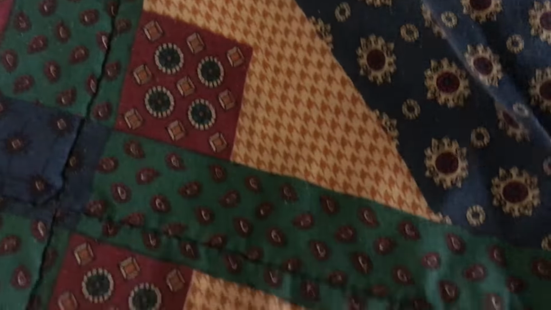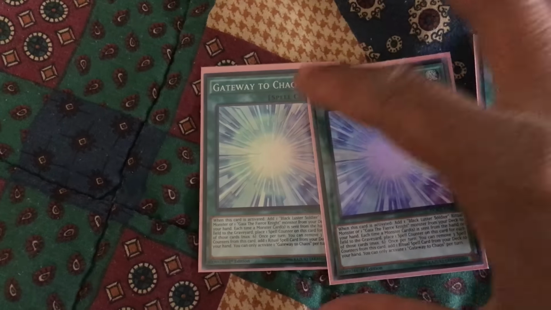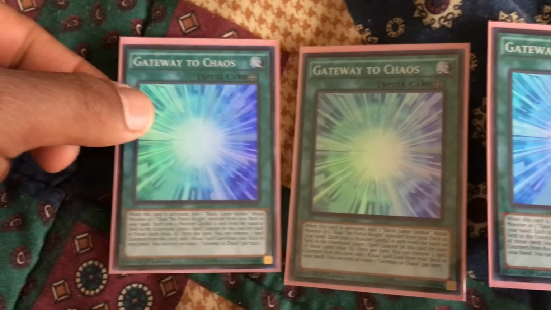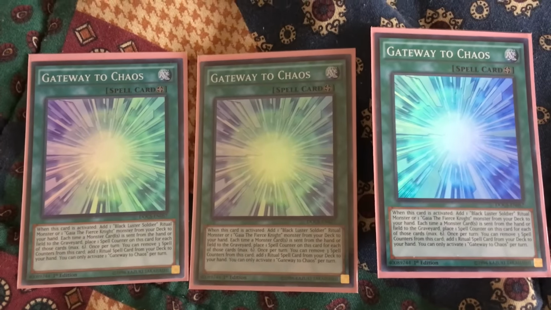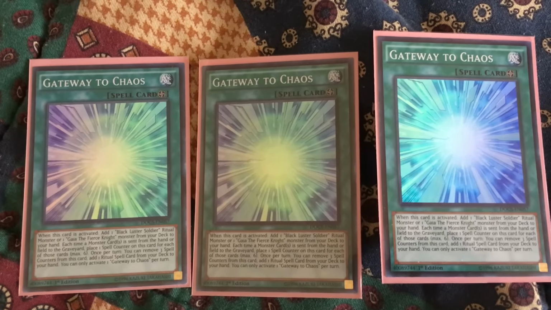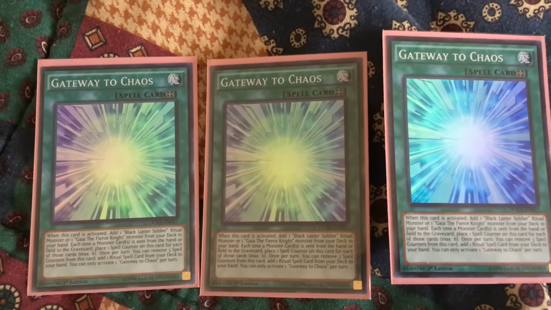And also in the set, they feature a new card, a field spell known as Gateway to Chaos. Now, what Gateway to Chaos does is that when this card is activated, you can add a Blackluster Soldier ritual monster or a Gaia the Fierce Knight monster from your deck to your hand, and each time that